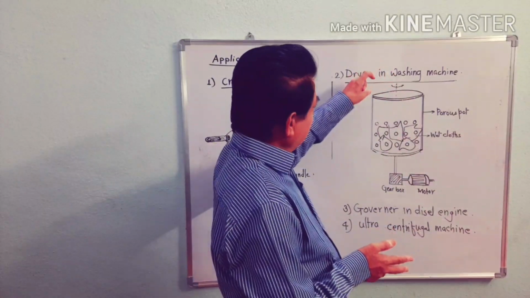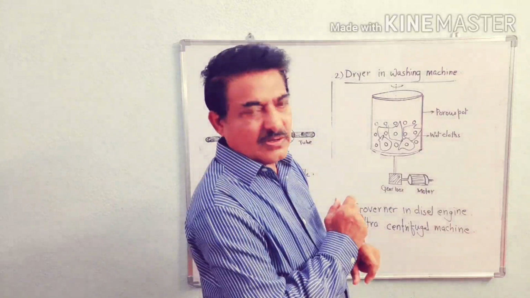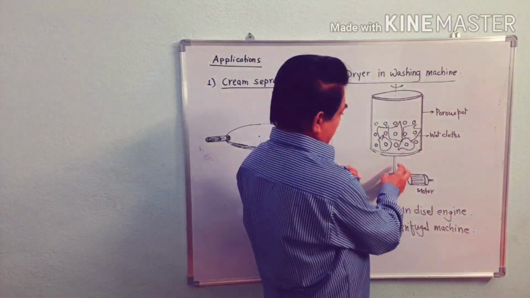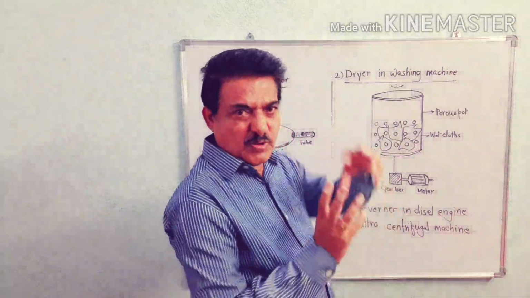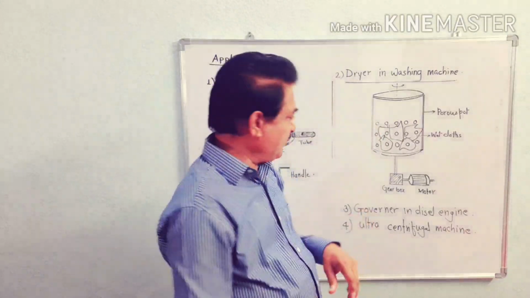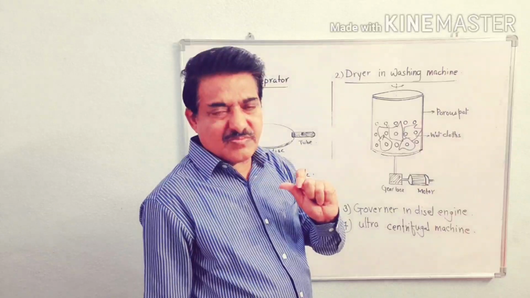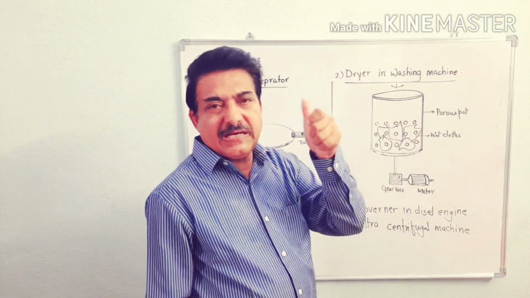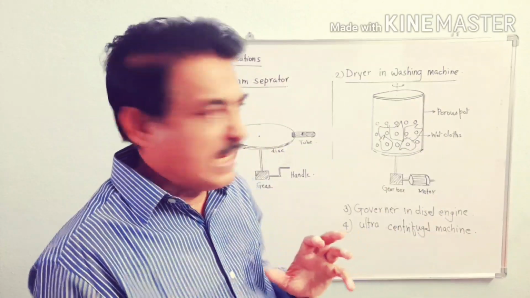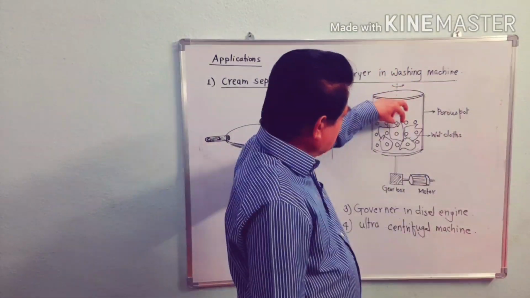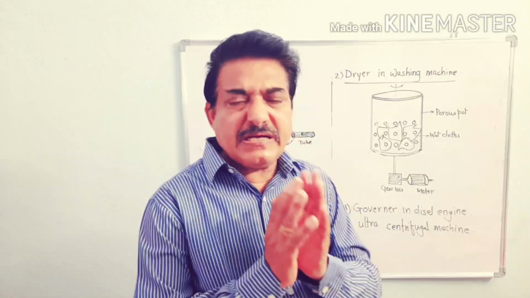So this drying machine consists of a porous pot. A gearbox is given to the lower end of this vertical axis about which the porous pot spins, and an electric motor is connected to run the gearbox or to rotate the porous pot. As we keep wet cloths in this porous pot and rotate it at a high speed,